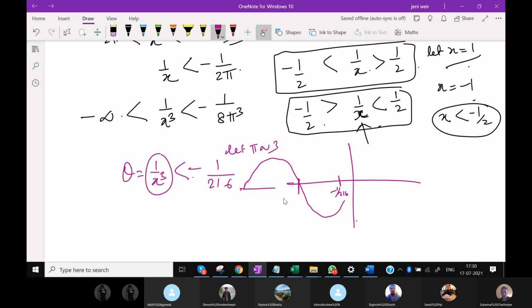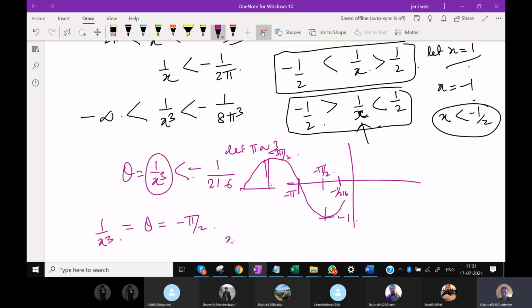So that means when this is minus pi by 2, right? When the value of theta is minus pi by 2, mind you, then it will reach the value of minus 1. When the value of theta is minus pi, it will reach 0. When the value of theta is minus 3 pi by 2, it will be plus 1 and so on. Clear? Now you take the individual values. Theta is equal to minus pi by 2. And what is theta? 1 by x cube. So from here you find the value of x.